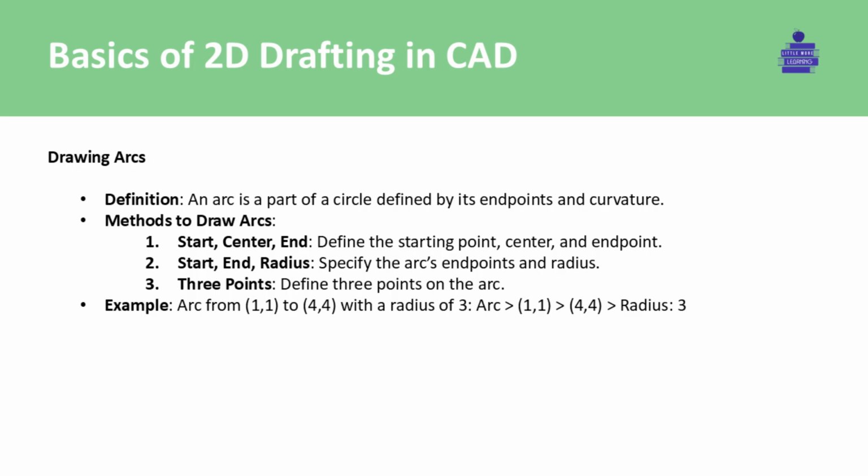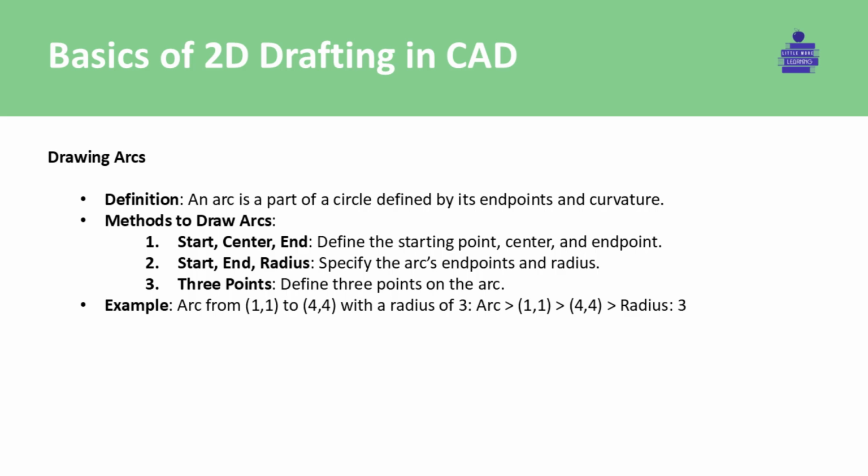Or we might specify the start and end points along with the radius, like defining how high and wide we want our rainbow to be. The 3-point method is particularly intuitive. It's like defining the path of a curved road by 3 points it must pass through. These tools give us incredible flexibility in creating smooth, curved elements in our designs, perfect for everything from mechanical parts